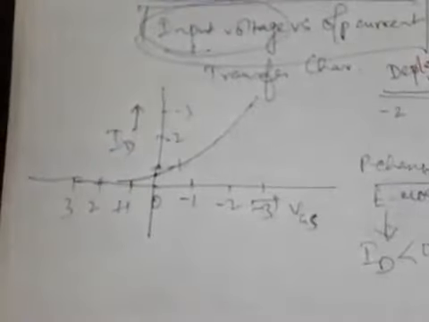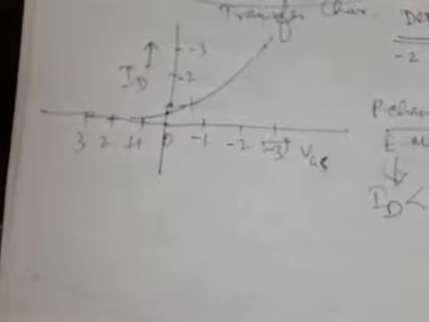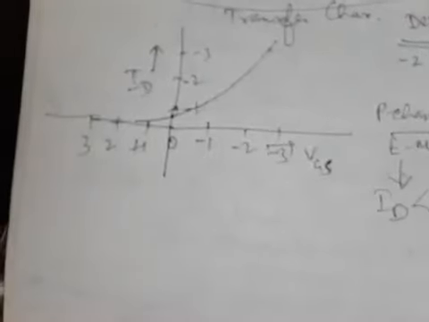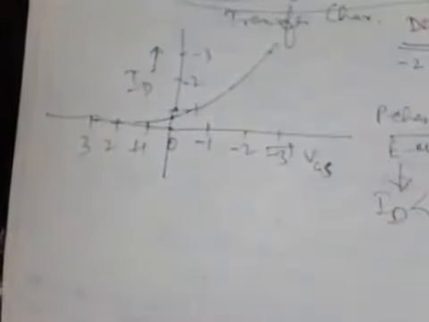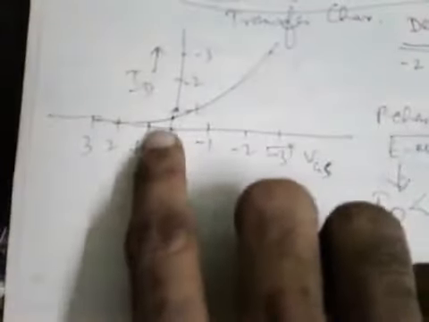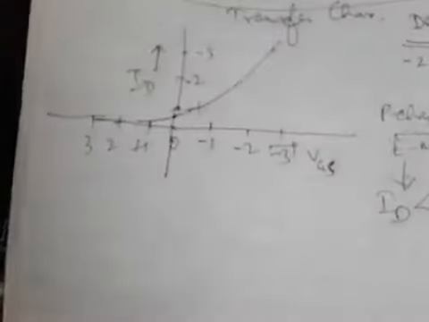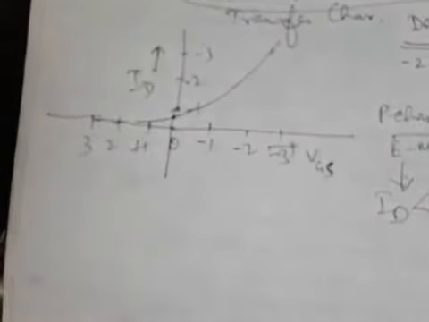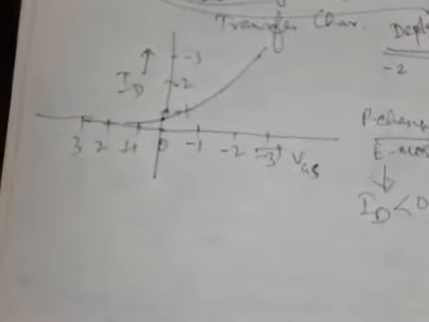This current is typically of value of few nanoamperes. Now if we increase in the negative VGS, then ID increases slowly initially, then it increases rapidly. So if we compare these two characteristics, we will be seeing that the corresponding drain current for P channel case at the second quadrant will be quite small with respect to N channel, and it should be in the range of nanoamperes. So that's why the N channel devices are far more preferable also. This is one of the reasons.